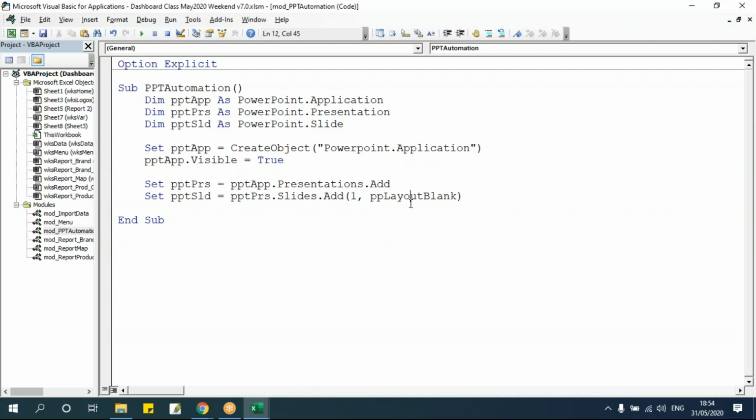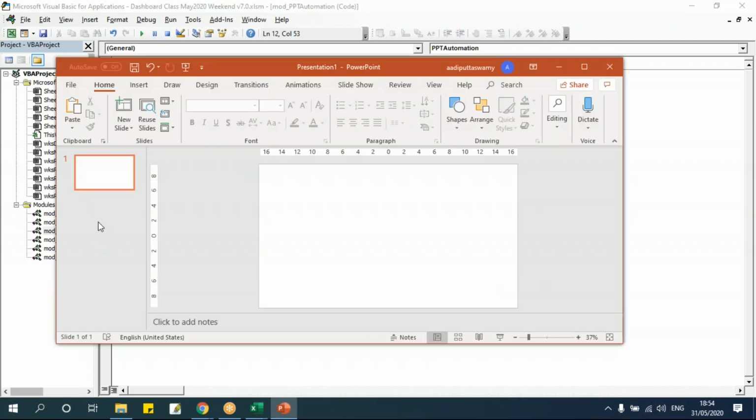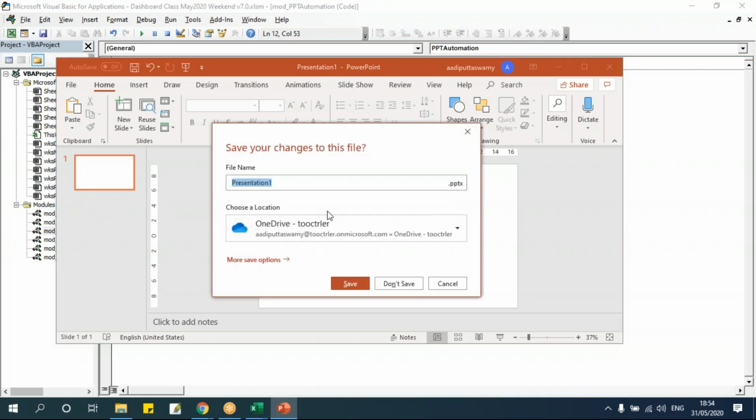See, this is the layout. Layout is nothing but each slide will have its own layout. Now what I've done is I've just taken it as a blank layout. Now let me run this. Application is created, presentation is created, and a slide is created. Next step is